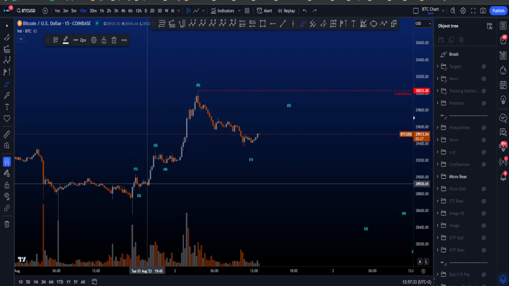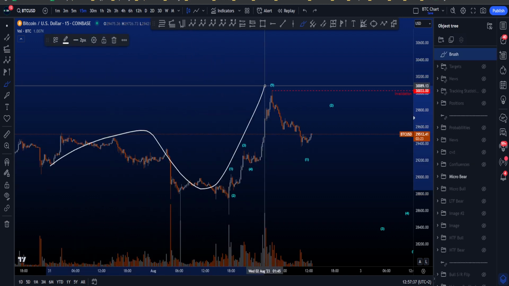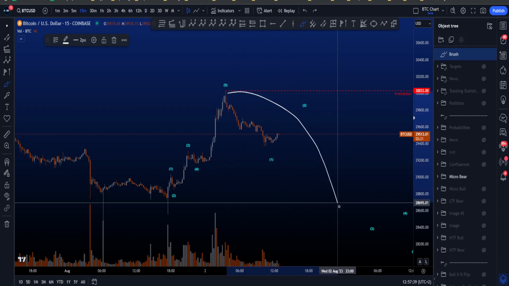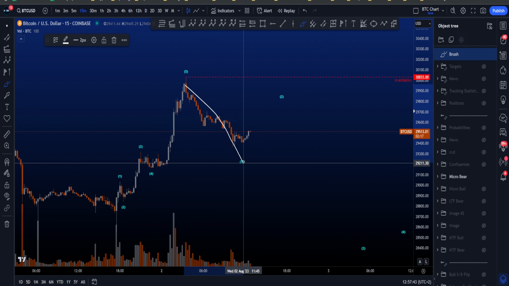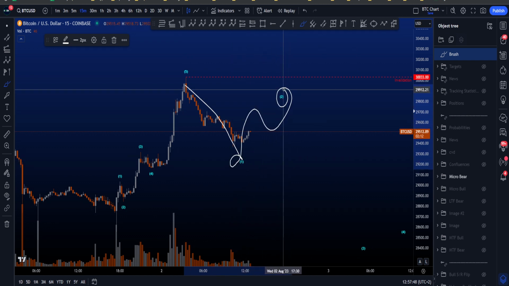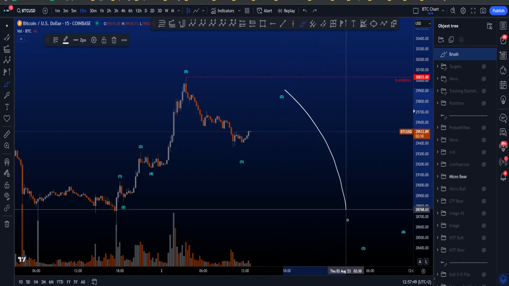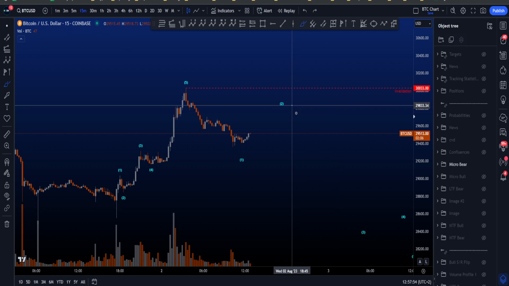We have a 5-wave move to the upside, but now this is a wave C, right? And then an A, B, C expanding flat. And you're going to be looking for a move to the downside. So in this scenario, this is then a wave 1 instead of a wave A, followed by a 3-wave structure in a wave 2 instead of a wave B, and then you want to look for a wave 3 to the downside, and a wave 3 should be on much higher volume than a wave C and also more parabolic